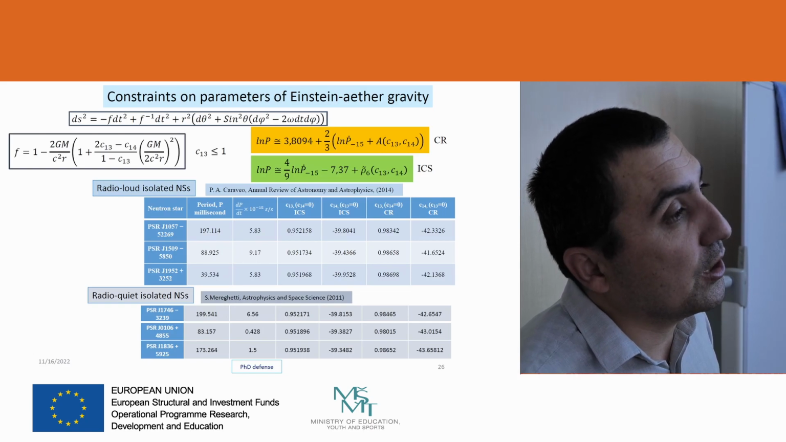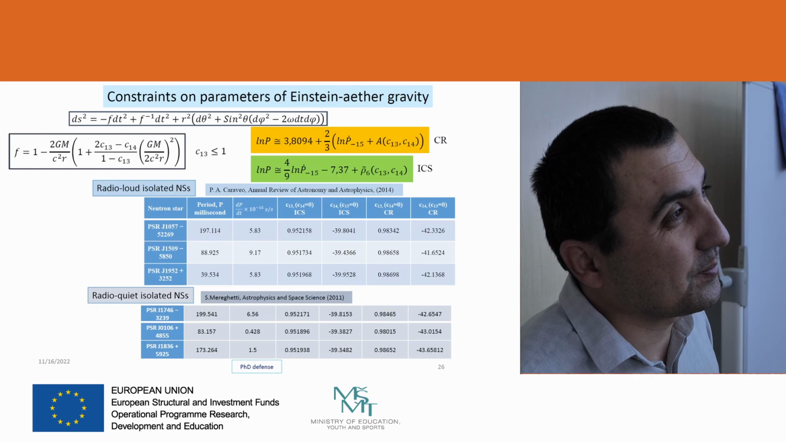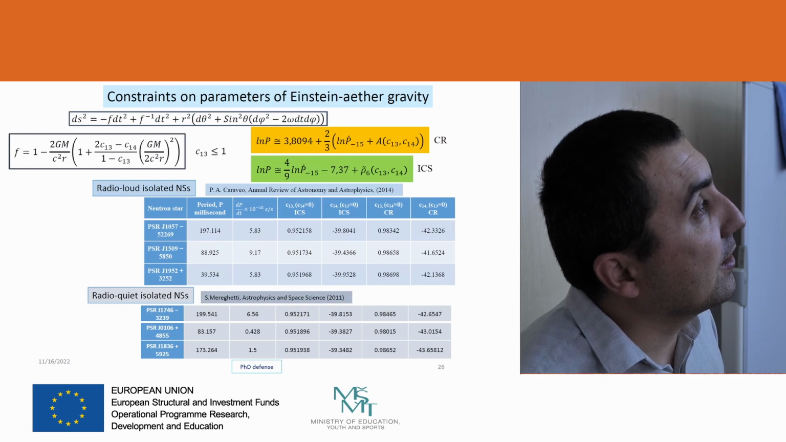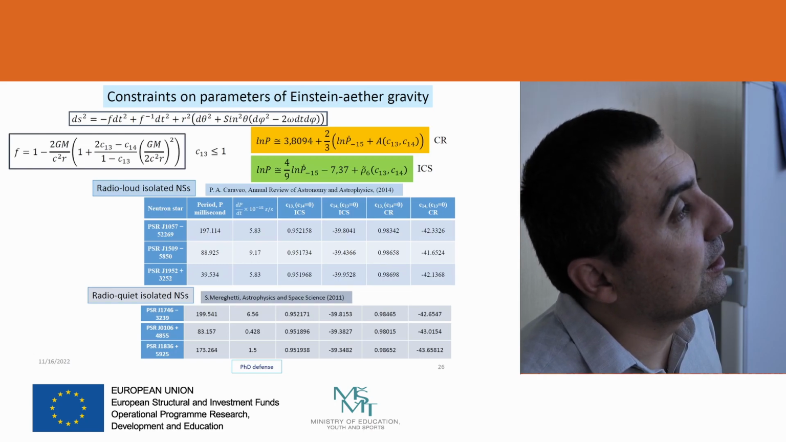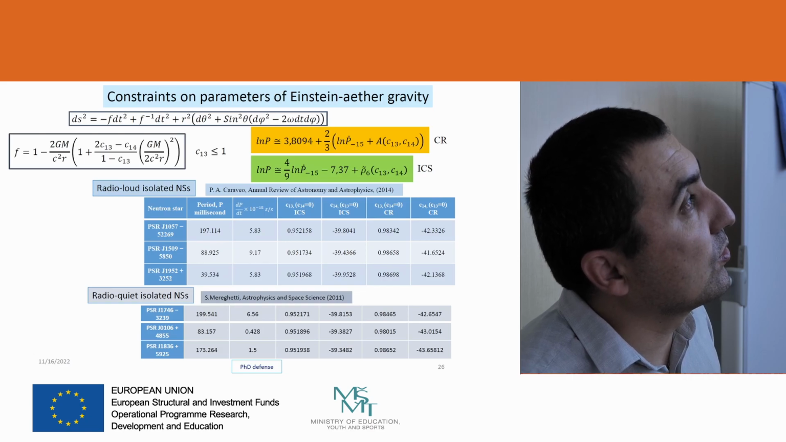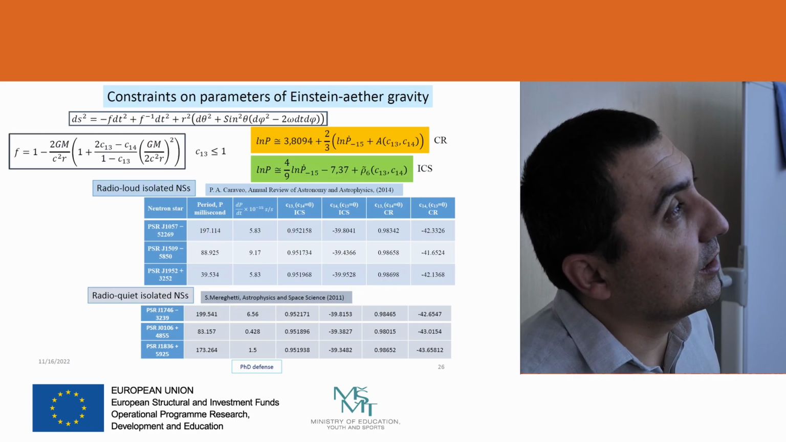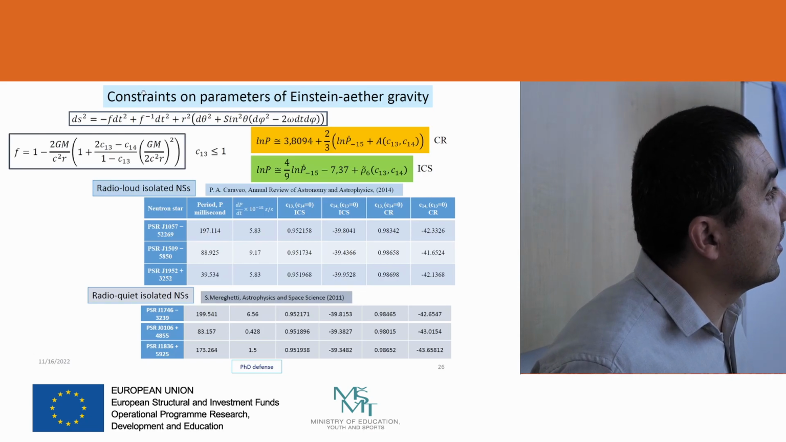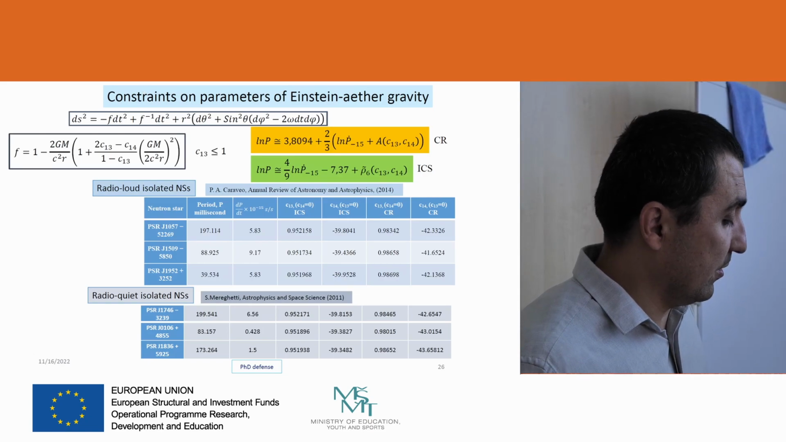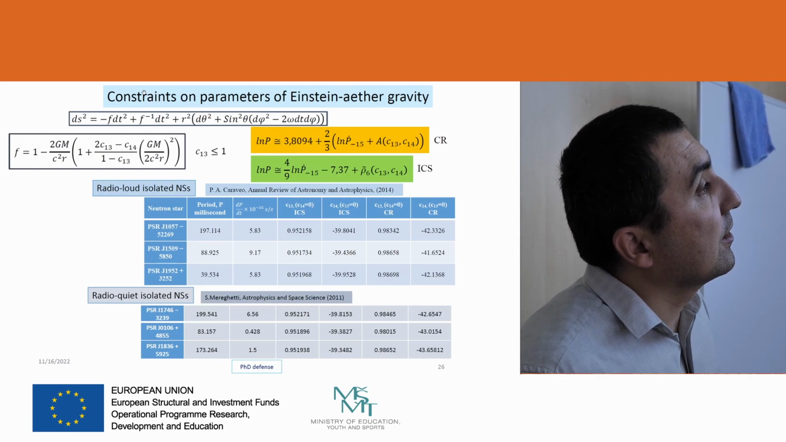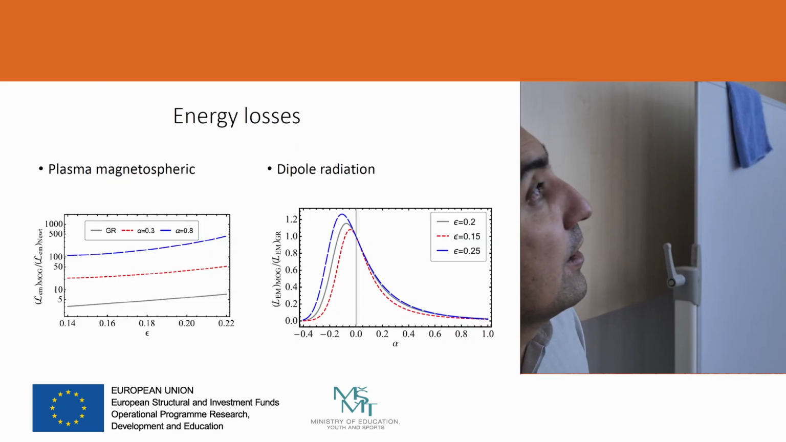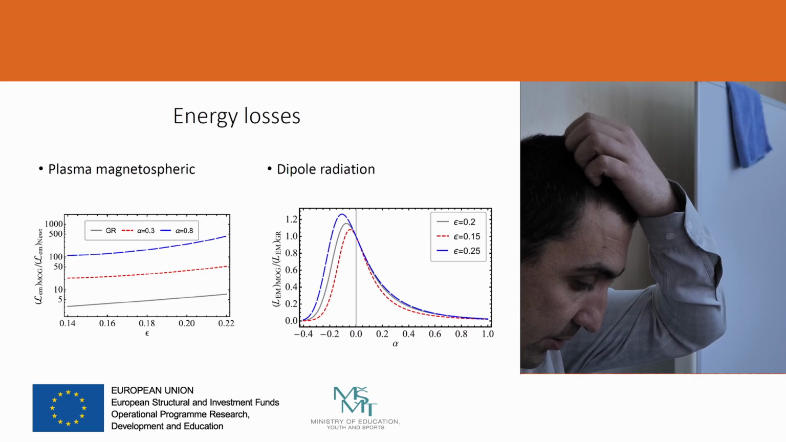for the aether field, and we got lower limits for these two parameters using these two radiation mechanisms, and for isolated neutron stars, because this model also works for isolated neutron star models. Energetic losses of neutron stars